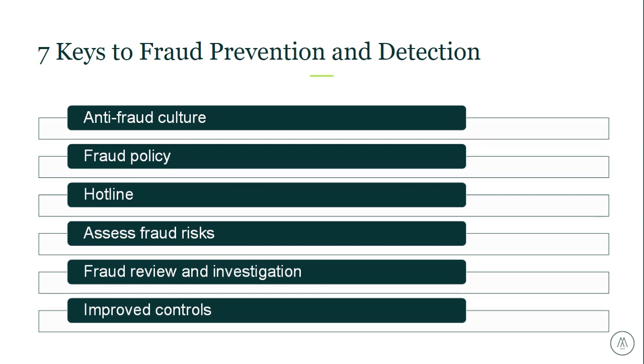If there is a fraud that is reported, then management should have a systematic and documented set of procedures to assist in guiding their fraud review and investigation process. And finally, an organization should use anything that is learned from any reviews or investigations to improve anti-fraud controls. All reviews and recommendations should ultimately come with recommendations for control improvement.